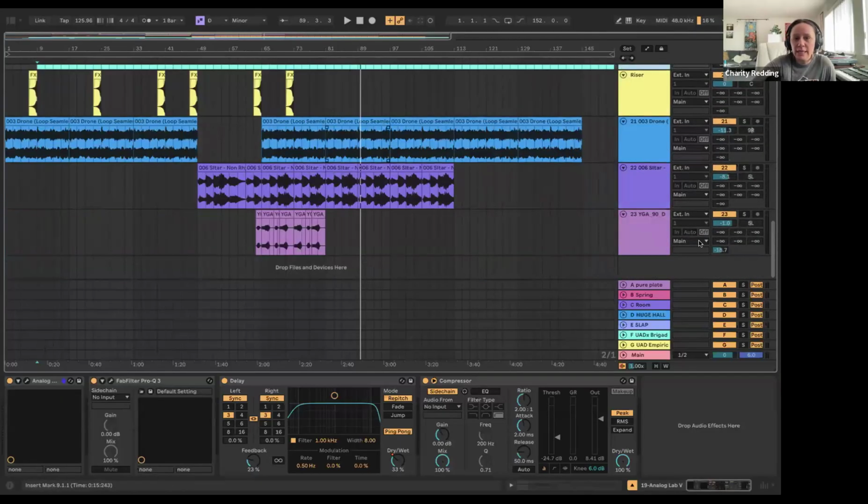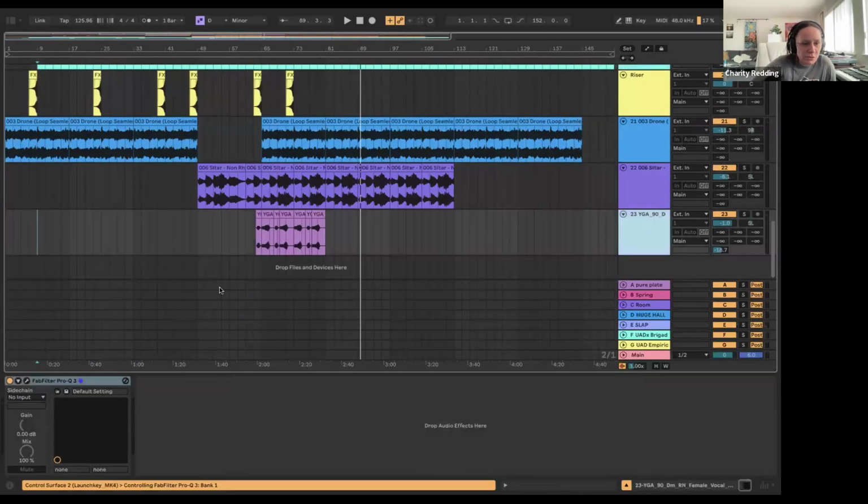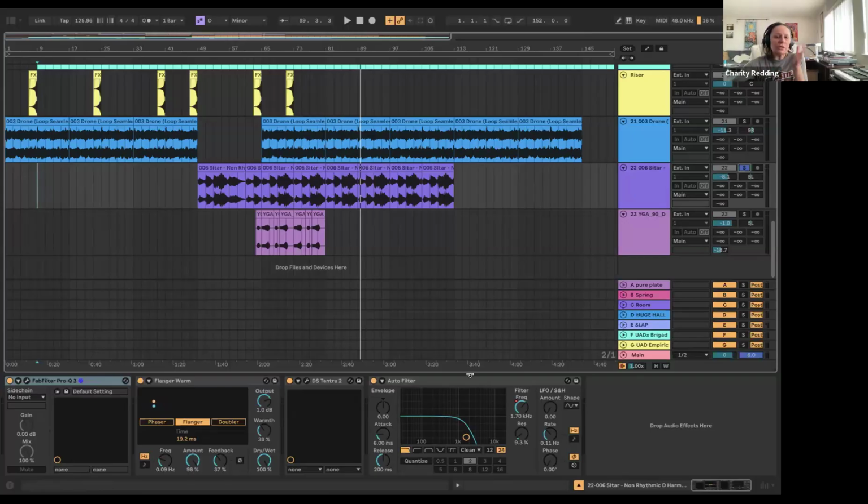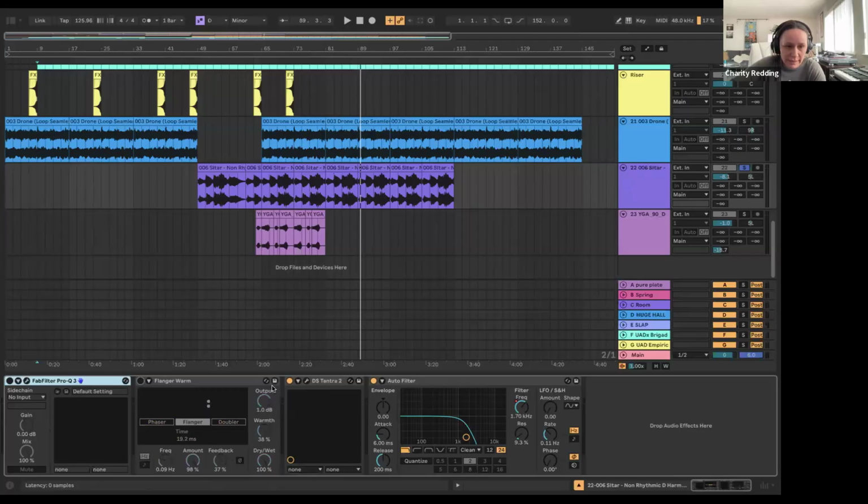So as far as sound design goes, I haven't quite figured out what I'm going to do with these oohs and ahs. I might take those out and just do them myself and filter them out. This was a really cool sitar, which I'll turn everything off so you can hear what it sounded like before I manipulated it, and then you can see